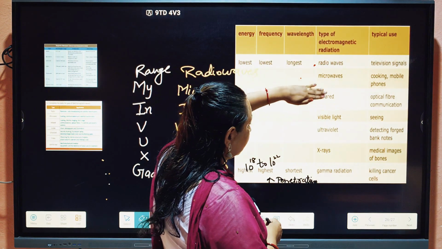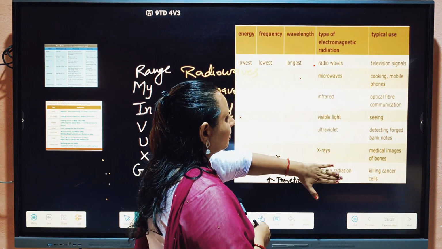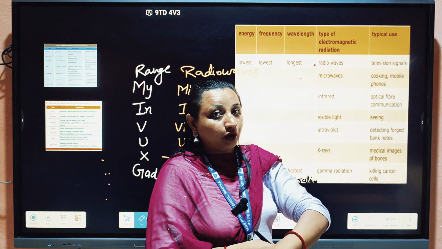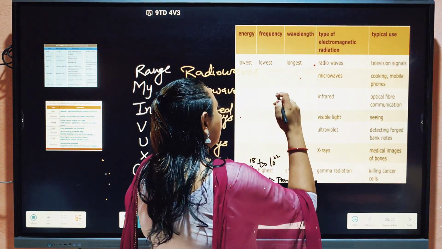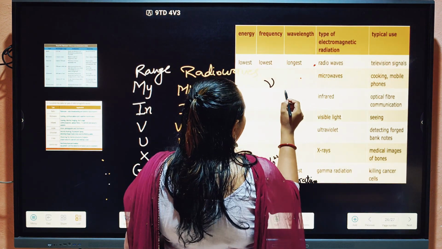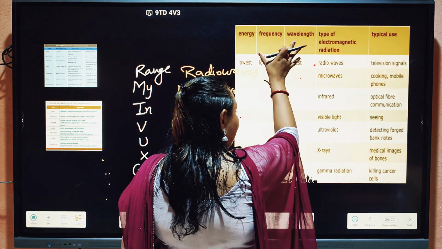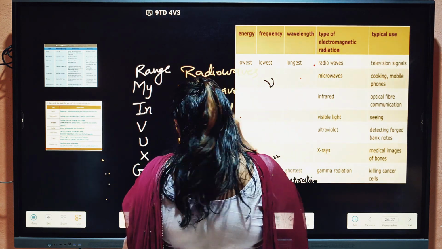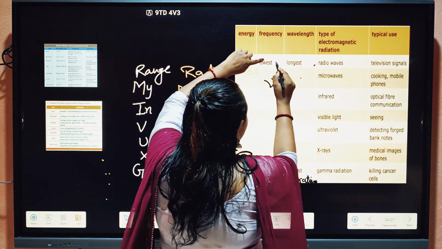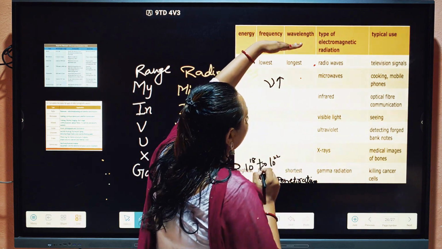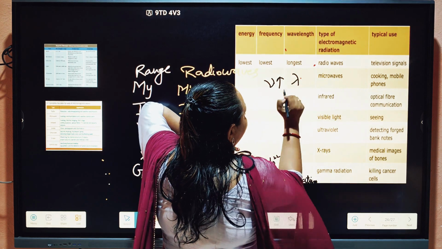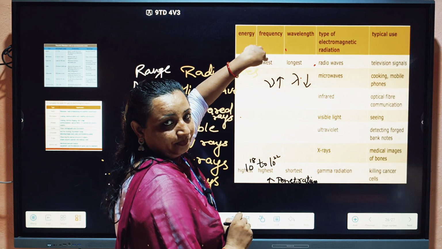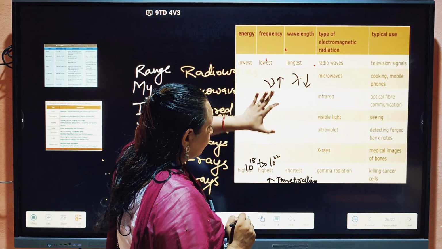So this is the electromagnetic spectrum, in which frequency increases as you go from top to bottom and wavelength decreases. Radio waves have the lowest frequency and the longest wavelength. As you go from radio to gamma,